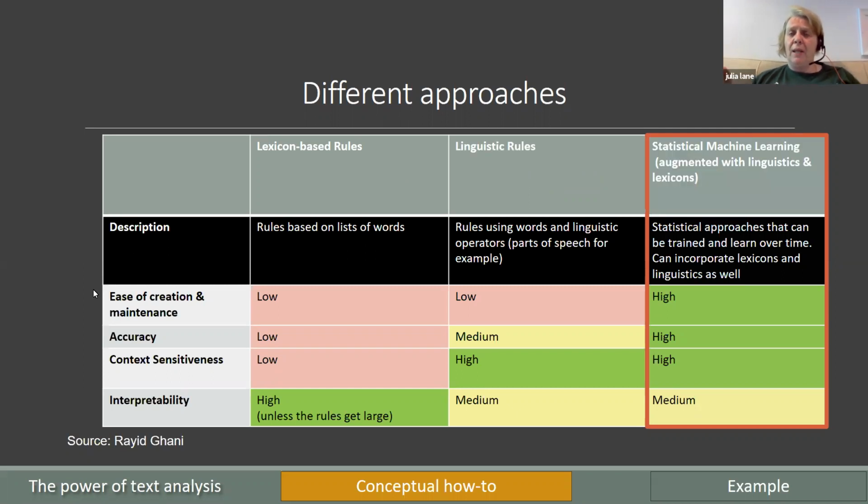And so our focus over this set of lectures is going to be looking at the statistical approaches. Effectively, it's very, very similar to the machine learning that we talked about in record linkage. These ideas are very similar to the types of work that you've done in statistics or econometrics. It's just applying it to this new set of problems.